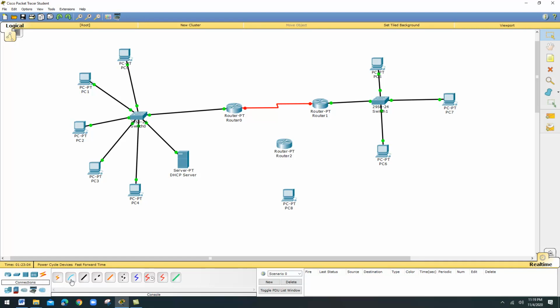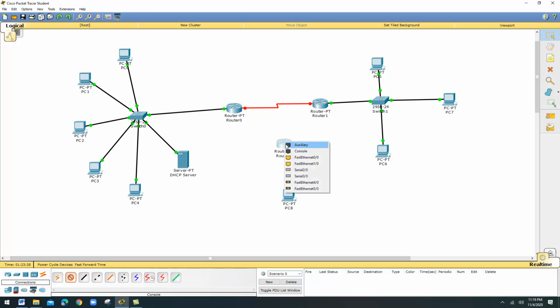You might have studied about this in the previous course, data communication and computer networks. Basically there are three different types of cables we studied. The first one is a straight through cable, the second one is the crossover cable, the third one is the rollover cable. So this is the rollover cable, or we can say it is a console cable. Usually it will be blue in color. So I click this cable, and now you can see I just click in the router.